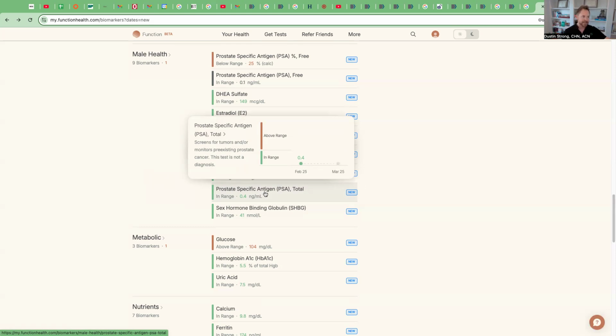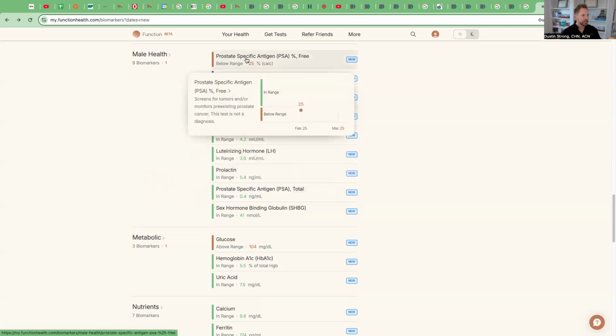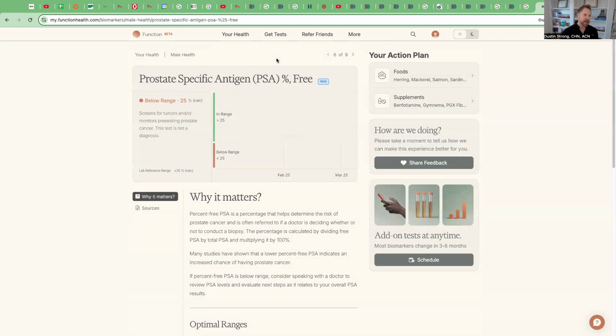0.4 is fantastic. But at the top, we have a different one here called prostate-specific antigen percentage free. And this was giving me a little bit of a flag. So let's take a look at this. Now, the range is you want it to be 25 and above or 25 and below. So I'm exactly at 25. So that doesn't necessarily mean that I'm definitely not worried about it, but it is something that makes me think,